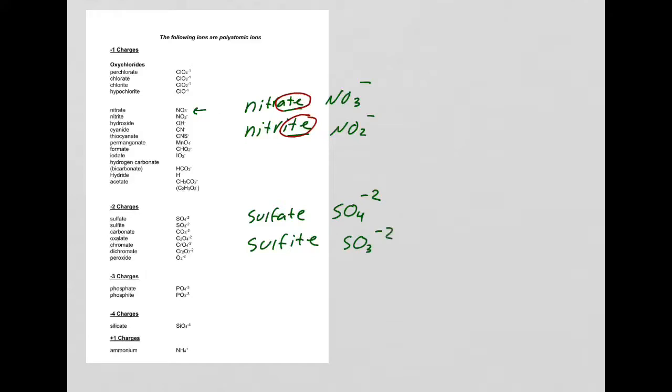SO3 minus 2. So 8 and 8 for the same compound. Basically, when we have one less oxygen, 8 becomes 8. We see the same thing down here. I have